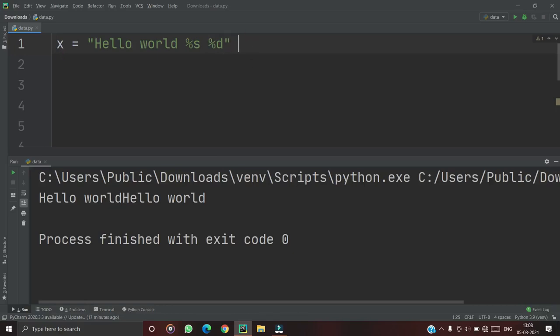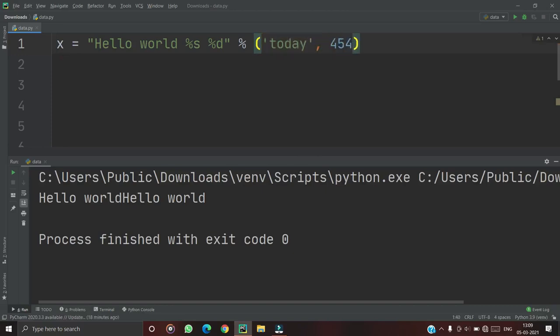And after that, here you need to type the letter or any word you want to print in the place of percentage s. So hello world, I want to print today here, and here I can write any number.